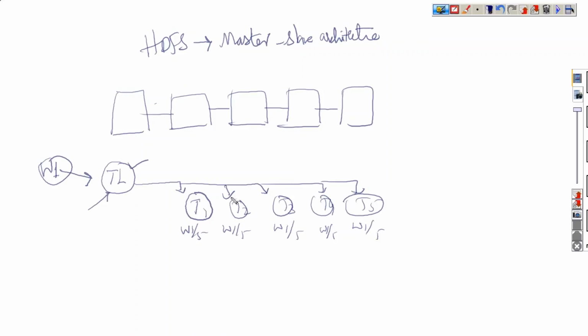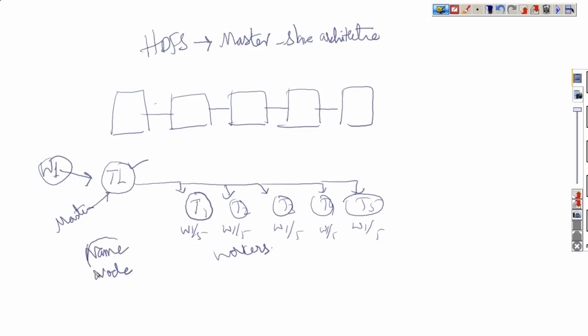Can we call this master and slave? We can't really say slave for team members, but I'm saying it like that. So can I call this person the master, and these persons the workers? I'm not trying to exploit the people, I'm just writing it. Master and workers: exactly the same architecture will be used by HDFS. That's it, very simple. That is called master-slave architecture. That master process is called the name node.